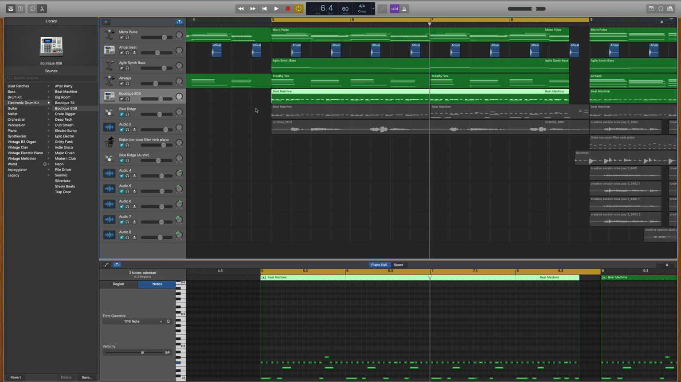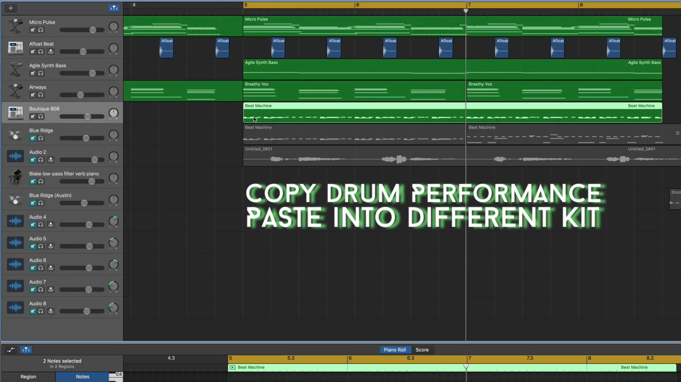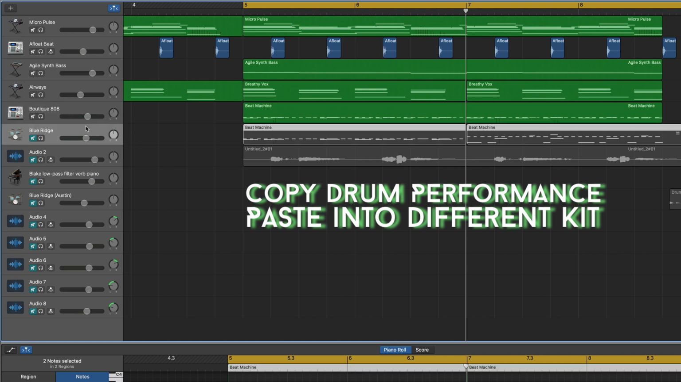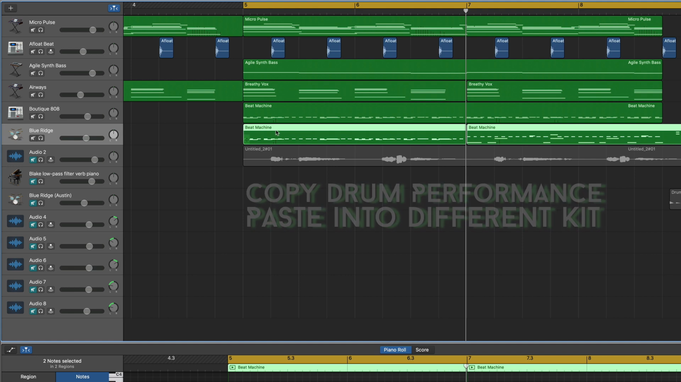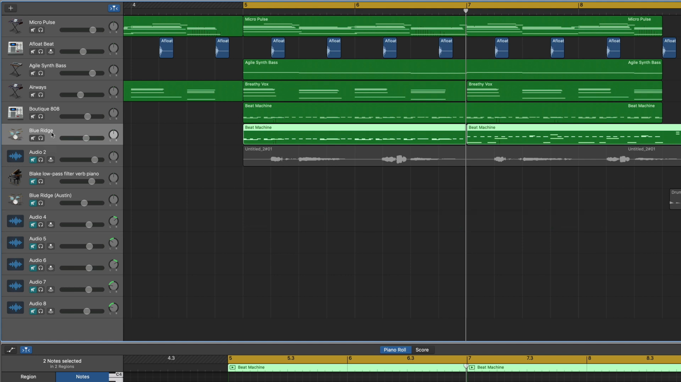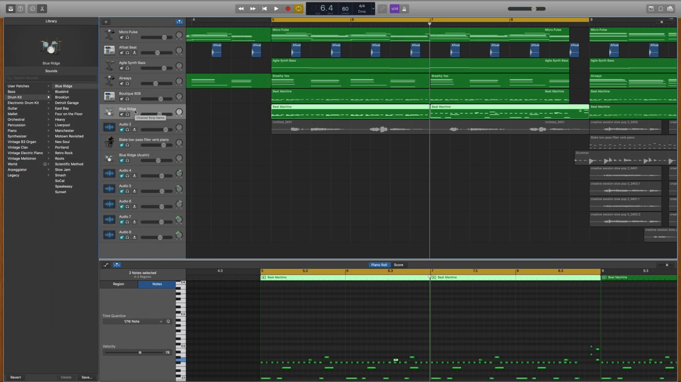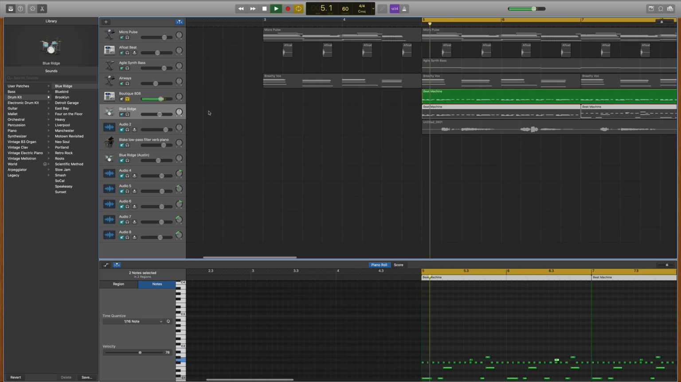And so what I will do at times is I will take my drum performance, I'll highlight it, hit Command C to copy it, and then I will create a new track and paste it into the new track. So it's the same drum performance, but I choose a totally different kit, and I aim for one that kind of complements the sound of my current drum kit. So if I play just my Boutique 808,